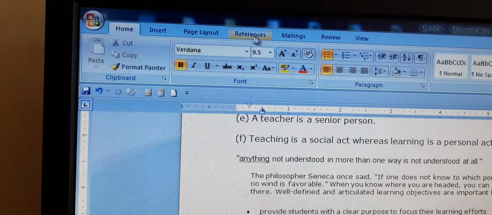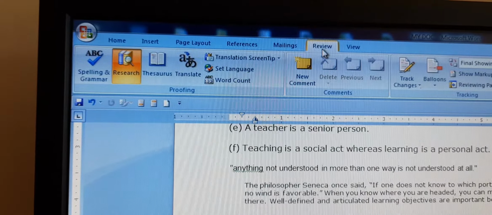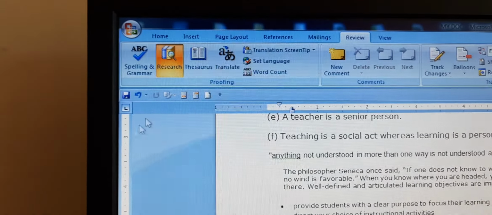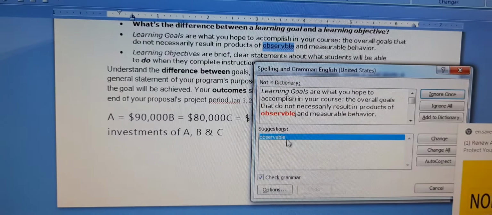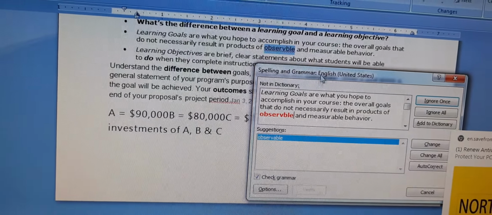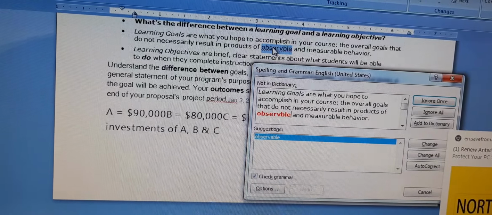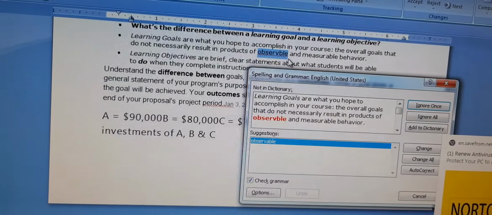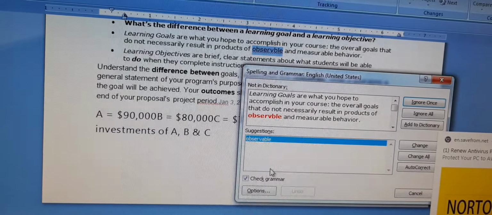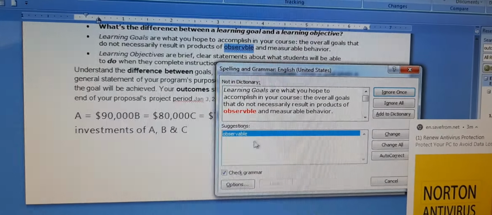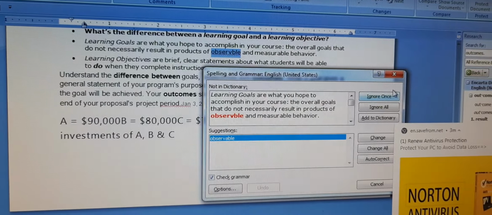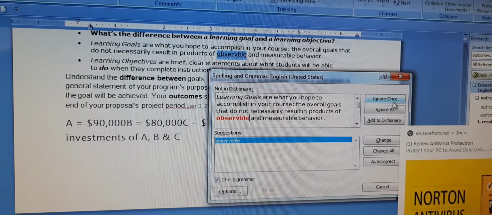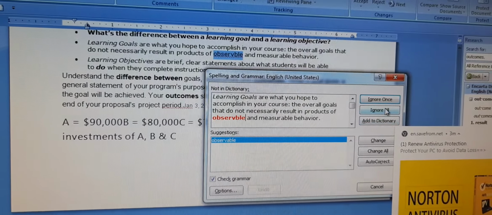For this we will go to the Review tab and then to Spelling and Grammar. It will show the mistakes. Here you can see the spelling of observable is wrong. It is suggesting that we can change the spelling to this. We can ignore it, we can ignore once, we can ignore all.